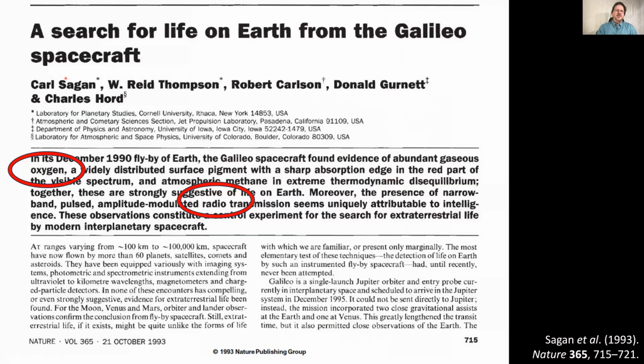Now, this is not the only thing we can do. There have been other attempts to understand where the Earth's atmosphere comes from and how to understand things like, how would you tell that Earth is a living planet? A paper led by Carl Sagan, you may have heard his name, back in the 1980s, 1990s. They used a spacecraft called Galileo to fly by the Earth on its way to Jupiter to say, if we look at Earth as if we don't know anything, would we be able to tell that there is life on Earth? And the answer was,